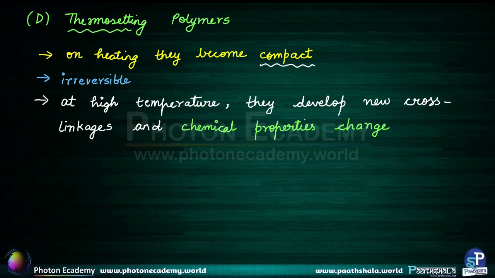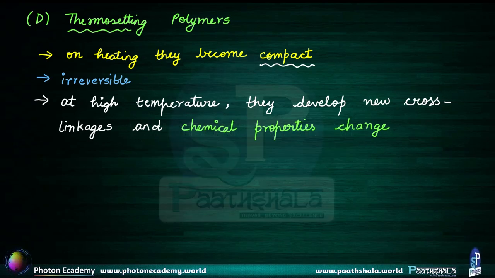Now they are different from thermoplastic, because thermoplastic become soft on heating and show their original properties on cooling. But here on cooling there is no effect, as the new cross linkages have developed and the chemical properties have changed. Okay. Also, if we want to see some examples of thermosetting polymers,